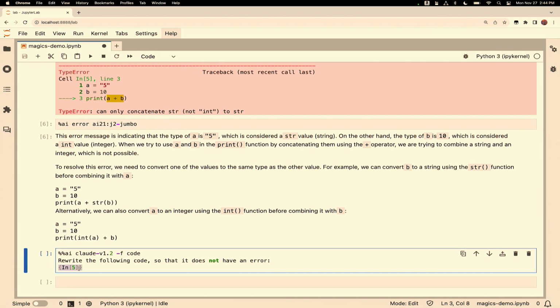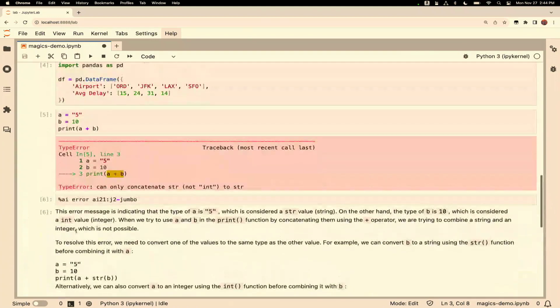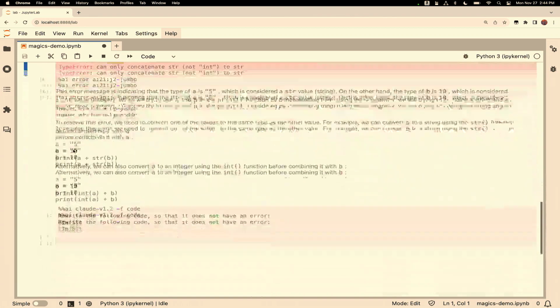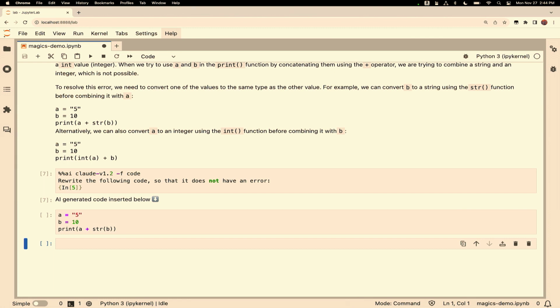We say In[5]. Now, In is a special list variable in IPython that has the inputs of all the cells. If you notice on the left on the cells, we have little numbers. This is In[5]. This is the source code that's the input to cell number 5. So when I run this, it's going to be interpolated into that prompt, and Claude version 1.2 sends back code